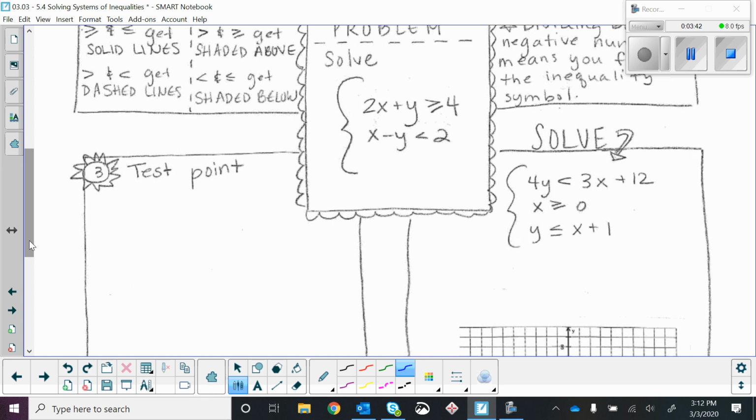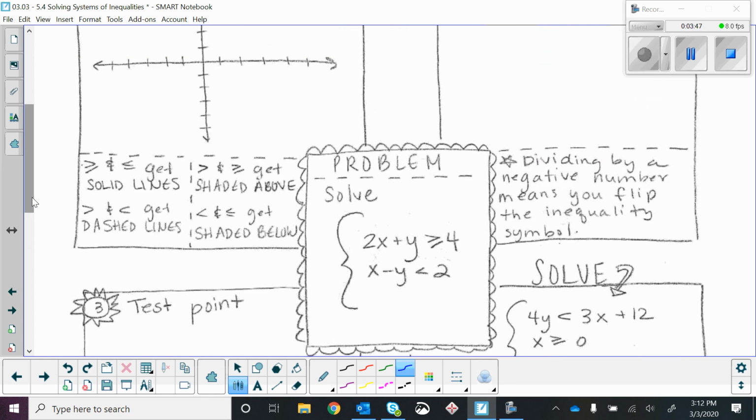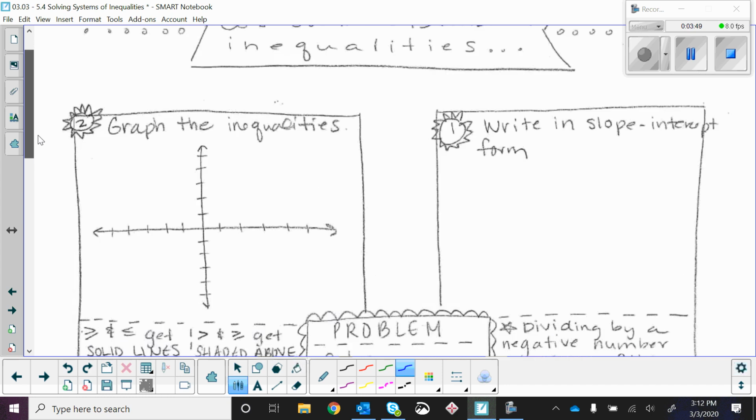So going back to this example, the very first step, in the upper right corner of your notes, is to write the inequalities in slope-intercept form. This is helpful both for graphing your boundary lines and deciding which side to shade them on. Otherwise, you have to do some sort of extra Sherlock Holmes thing to figure out